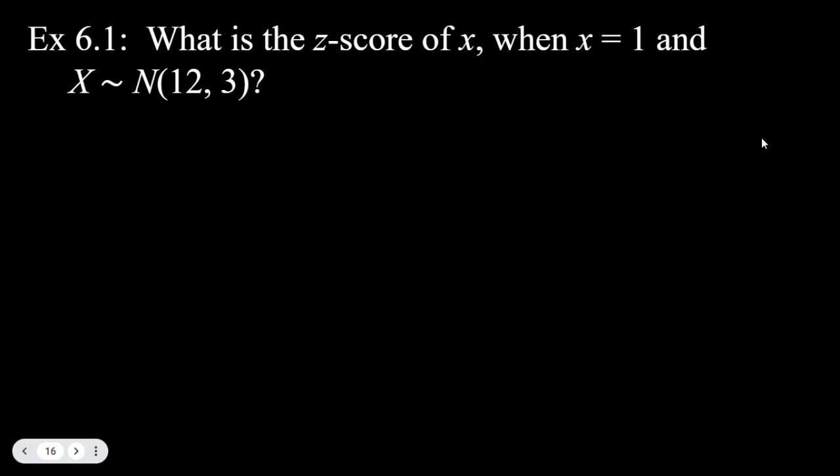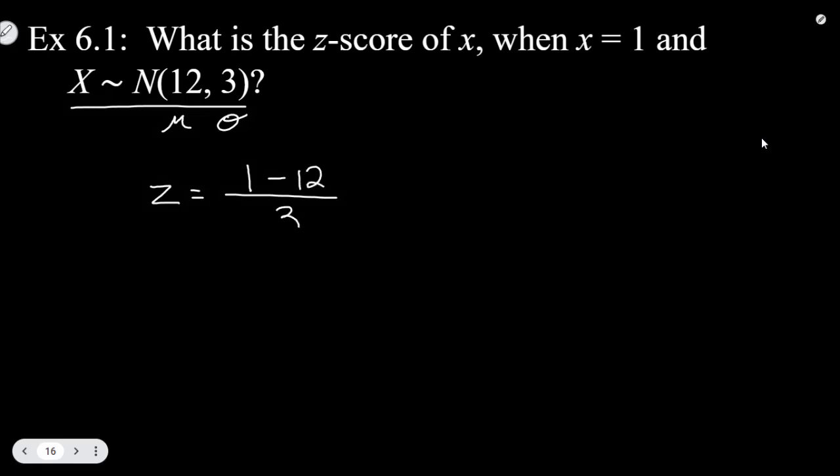Example 6.1, what is the z-score of x when x is 1 and we have this normal distribution? Well, remember, this first number gives us the mean, the second number gives us the standard deviation. So to find the z-score, we're going to take the value they give us, 1, minus the mean, 12, and divide by the standard deviation, which is 3. That gives us negative 11 over 3. And if we divide that out, we're going to get negative